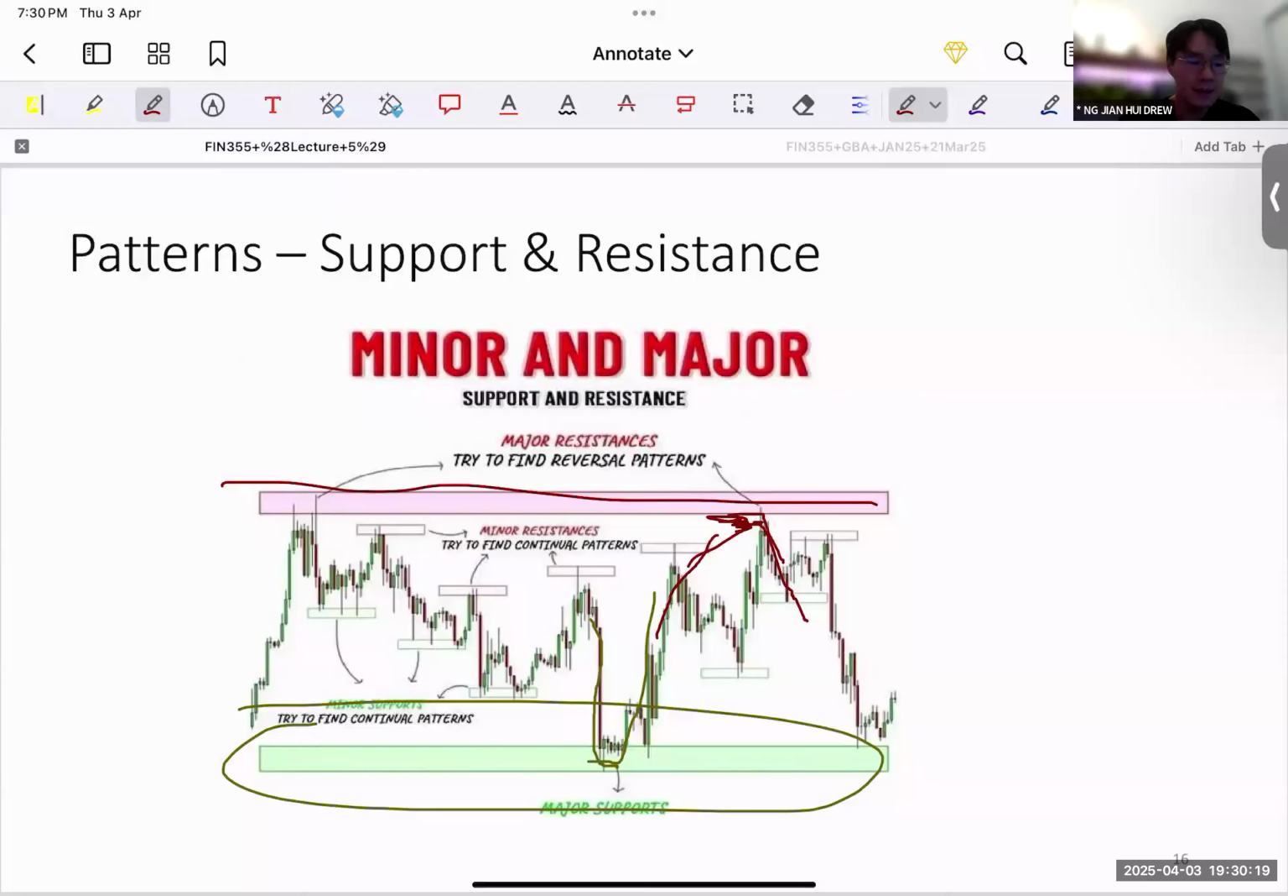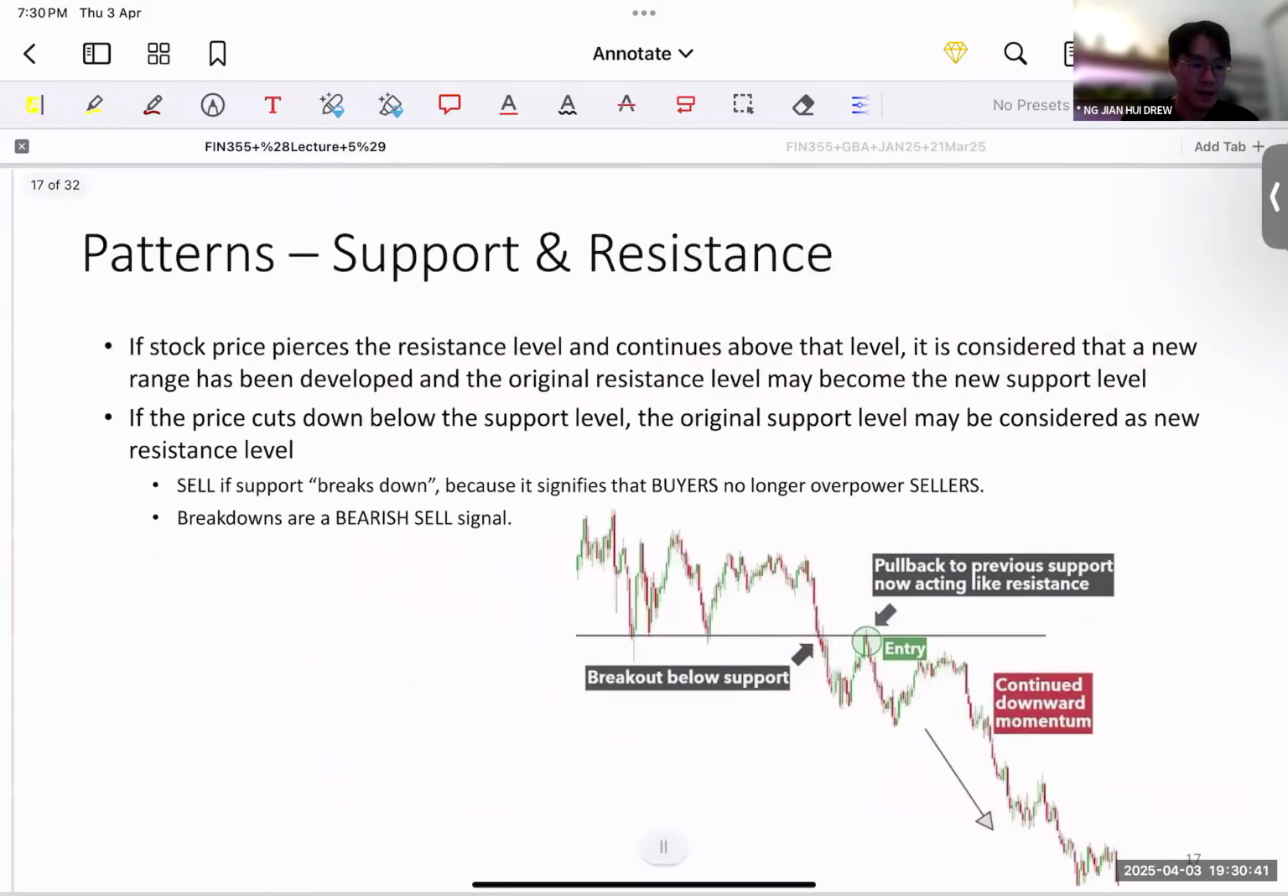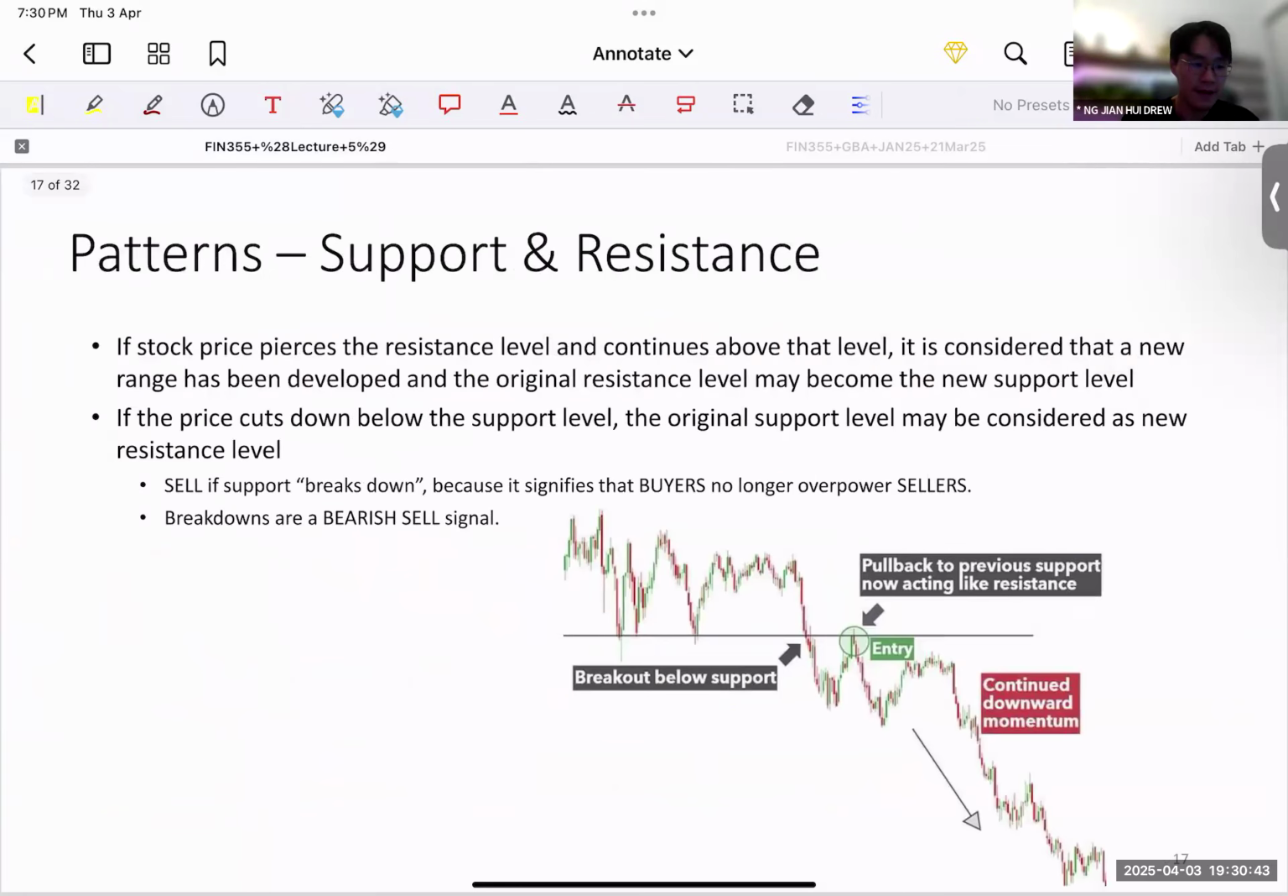So the resistance here is the one that is on the top. It resists any further price movement upwards, and your support is at the bottom, which prevents the price from dipping even lower. So the resistance and support can